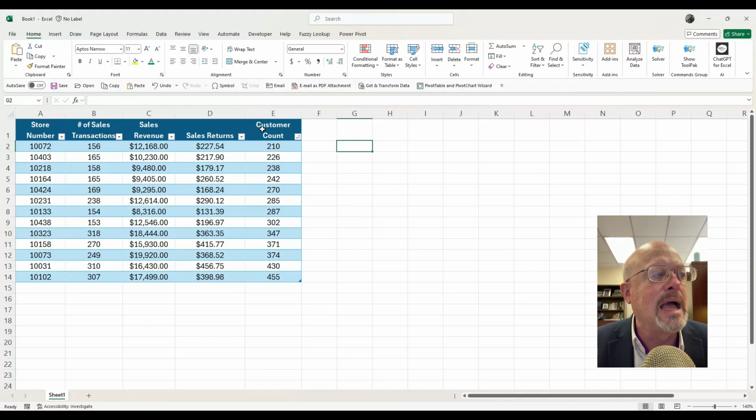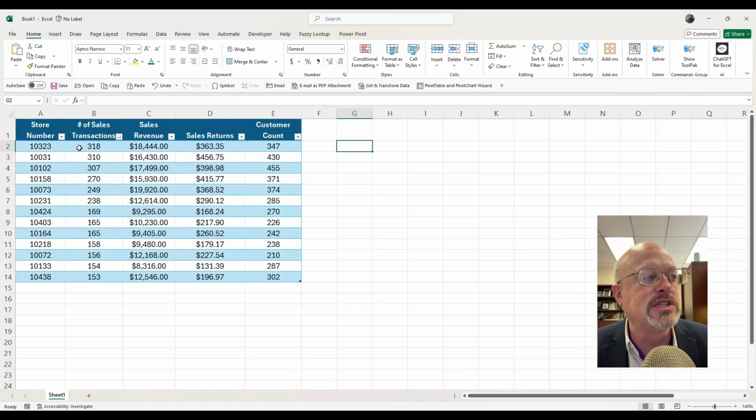Now, we could sort them. I could simply go through and sort column B using my drop-down filter that's in my table, and I could simply do smallest to largest. Let's do largest to smallest, and we can see that the largest number of sales transactions is in store 10,323. However, if I sort by sales revenue from largest to smallest, we find out that actually the largest sales revenue is in a different store, but I lose the ranking in the sales transactions column. So this is problematic for me because I might want to compare all the rankings for